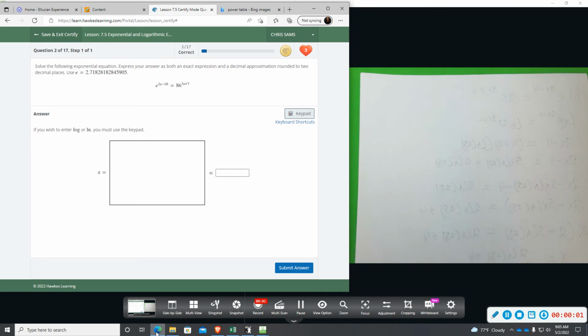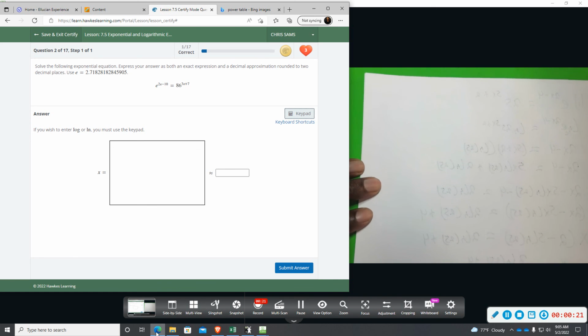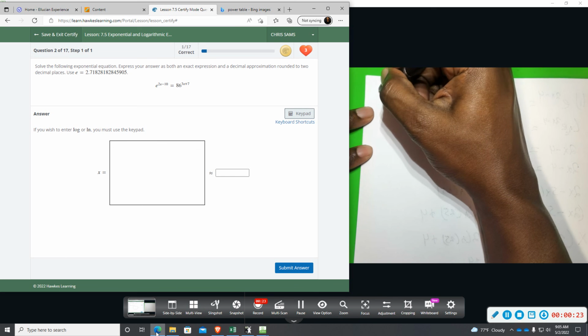All right, number 2, again, we're going to solve for x and then give an approximation. So you will notice a reoccurring theme with each of these problems, and that is you will have to take the log or the natural log of both sides. Sometimes you'll take the log, sometimes it'll be natural log. So with number 2,